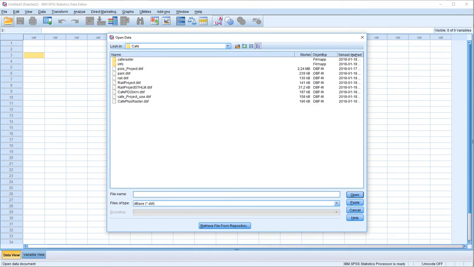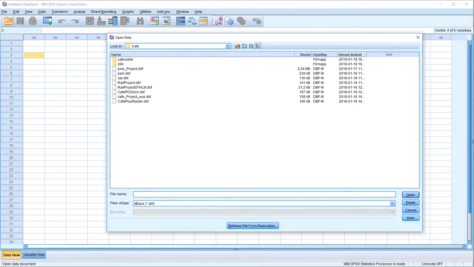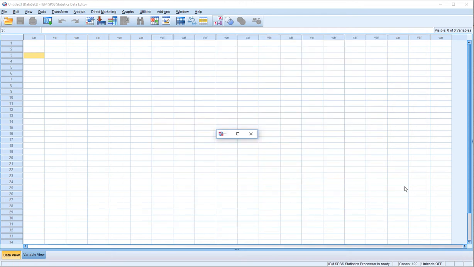And in order to find out which one was saved the latest, we can always of course use the changed latest kind of command and find that this one here was the latest of them all, cafe plus raster dBase, which means that we've got all the material, including the ones where we fed the material with the raster information from the underlying one. That is the one we want to use. So I click open,